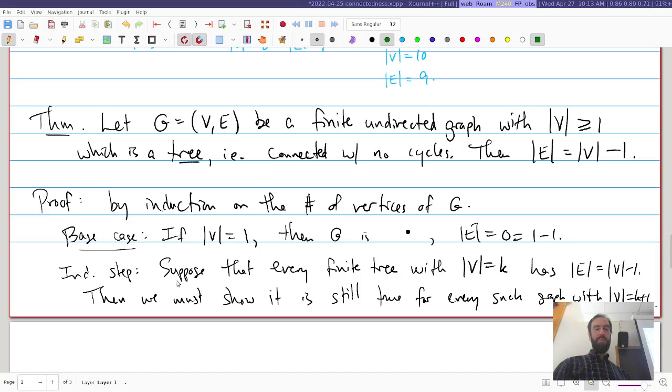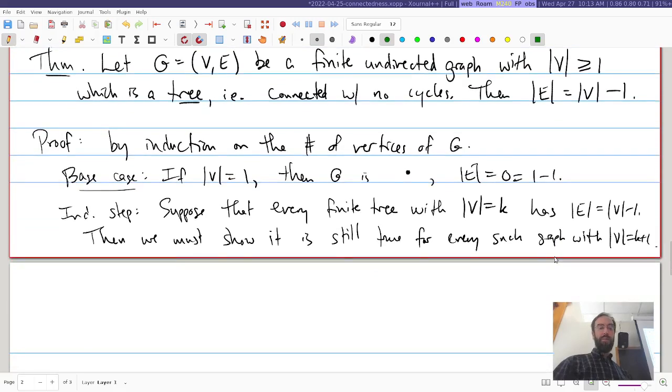Our induction step, right, we're going to suppose that every finite graph, which is a tree, that has k vertices, I should really say, let k be greater than 1. Just say k is an arbitrary number greater than 1. Okay. So our induction hypothesis is every tree with k vertices has k minus 1 edges. And then we have to show that it's still true for every graph with k plus 1 vertices. Okay, so